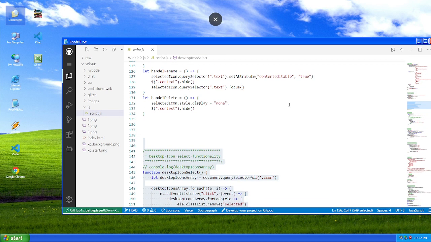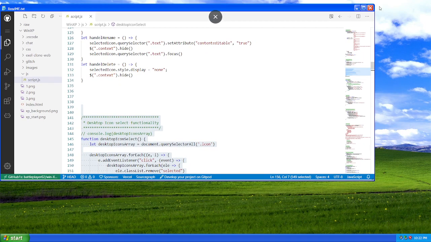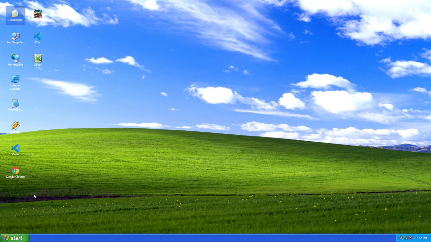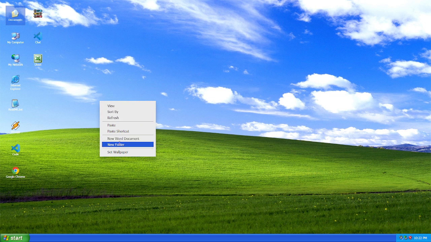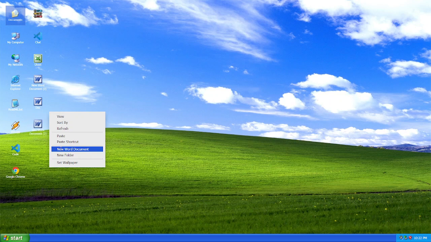All the windows are resizable as well and can be moved. Let's close this window. Let's see some other apps. You can create Word documents, rename them like this, or create other documents.